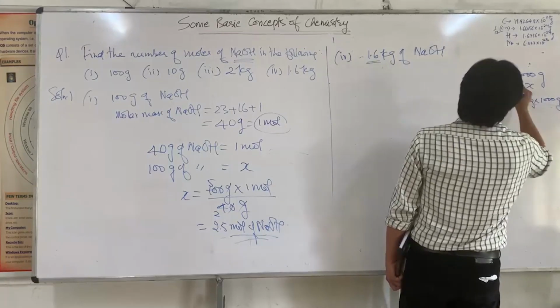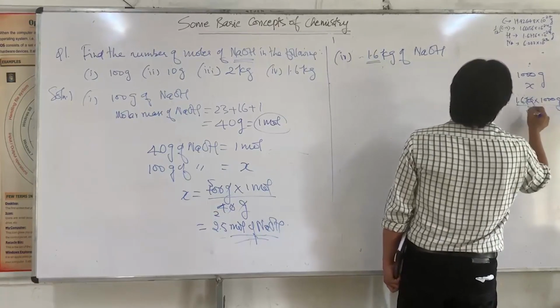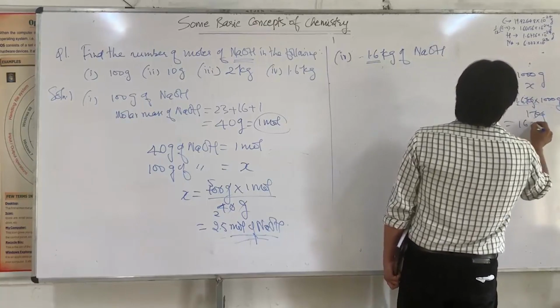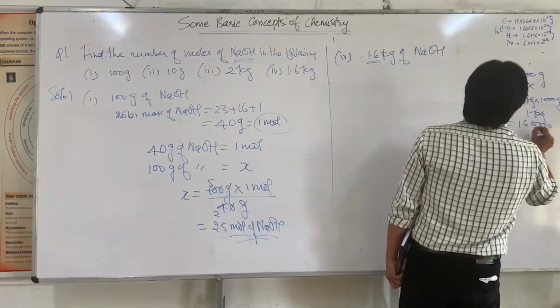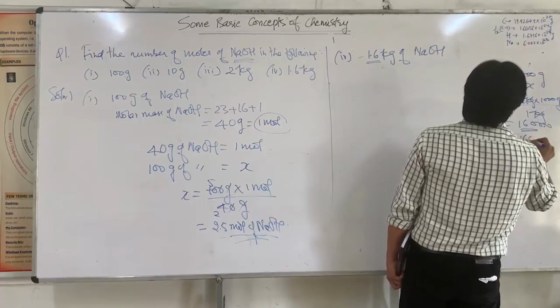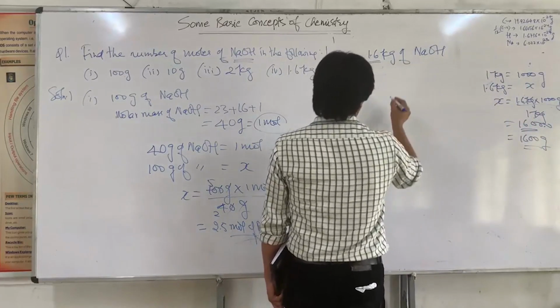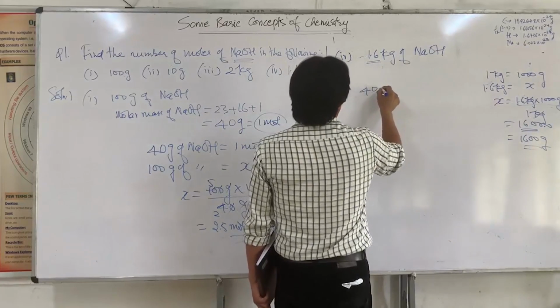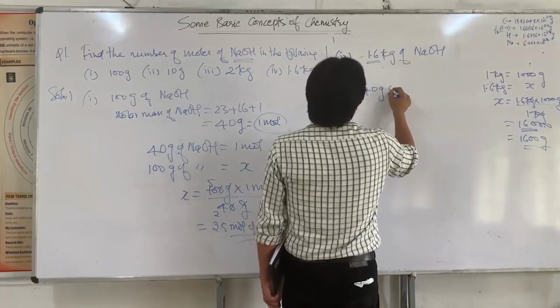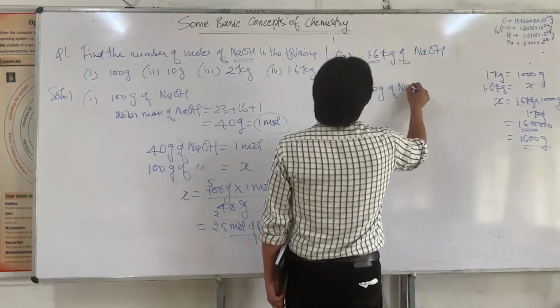Very simple, all of you know actually. The kg gets cancelled, just multiply by 1000. It becomes 1600 grams. This is 1600 grams. So now, what we're going to do is, when you have 40 grams of NaOH,